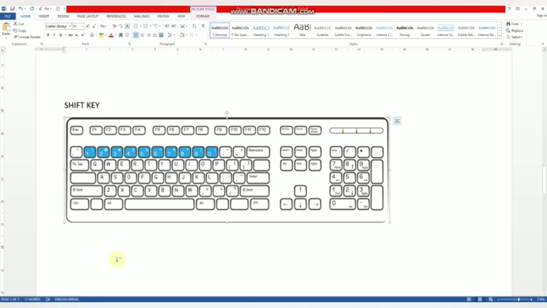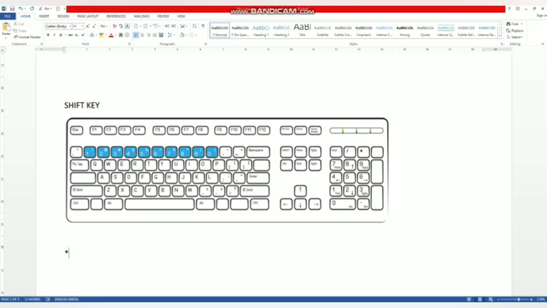For example, if you want to type the symbol star, first press the shift key along with the key that has this symbol. So press the shift key and then press the 8 number key. So you can see the star here.